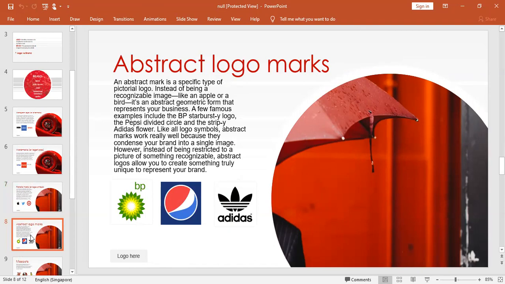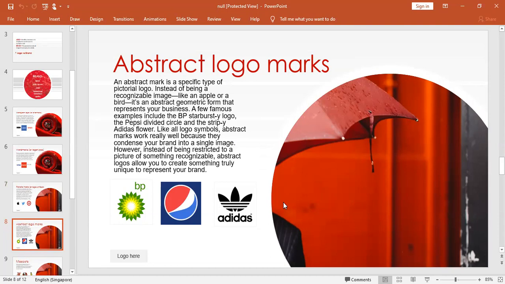When it's an abstract logo, it will have an illustration or an icon or an image, and it will have text also. So it will include text as well as an abstract. As I told you, the first type of logo is just having a text or word, and the second type is just having an illustration or an icon or a picture. Through that, it will show everything.